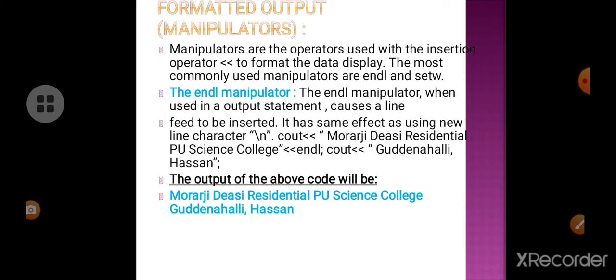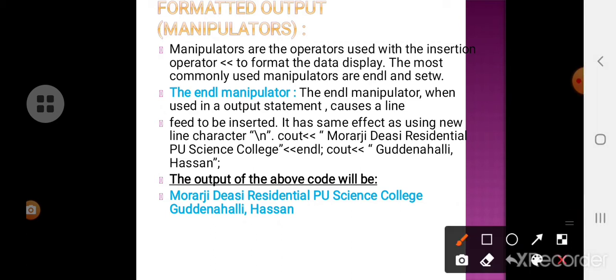Manipulators are operators used along with the insertion operator to format the data display. The data can be displayed in various forms, so to display it we have to manipulate the data.